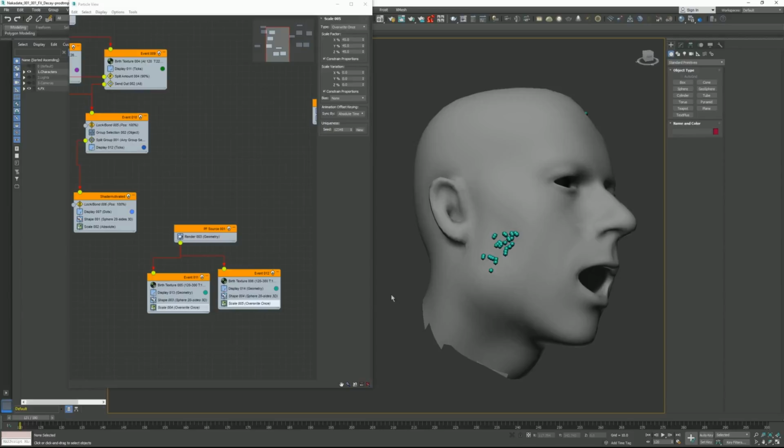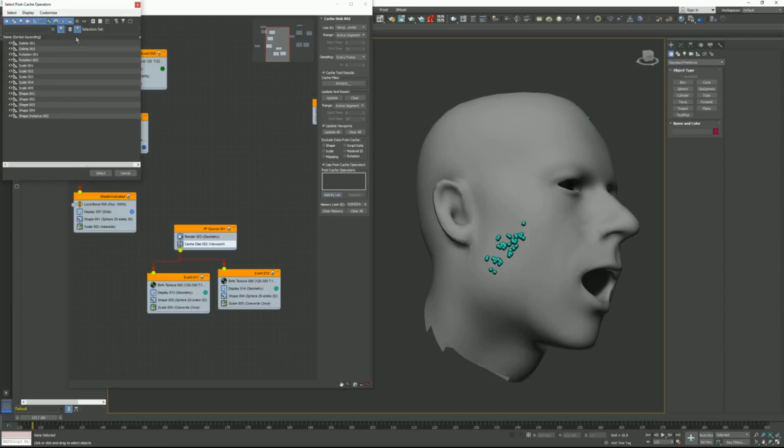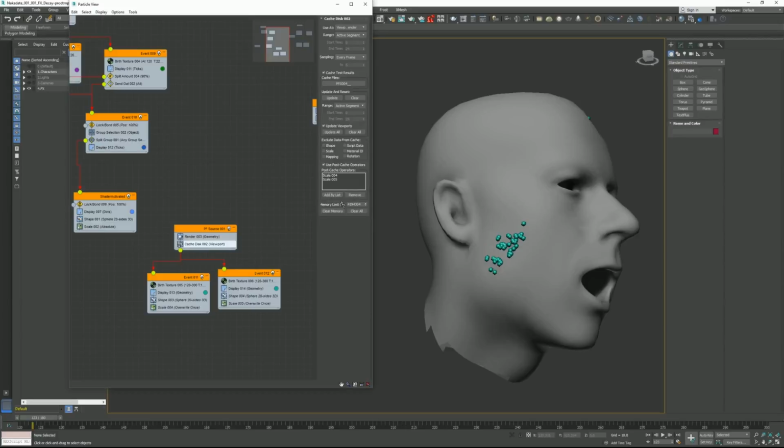Okay, so what I'm going to do next, I'll explain why in a moment, is add a cache disk, and this will allow us to cache it out. We'll set this to view and render, max out the memory limit, select the file, and then finally set post cache operators, and then add scale 4 and 5. So we add them in, and it means that once these are cached, we can still go back and change the scale of these, which is kind of handy. Okay, so now I'm just going to let this cache,